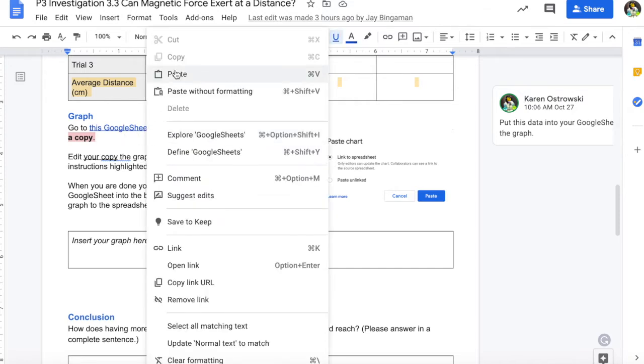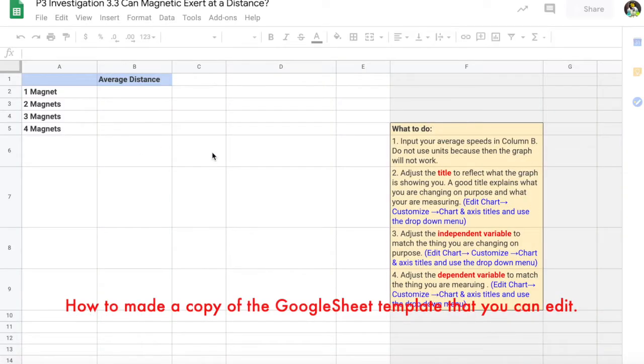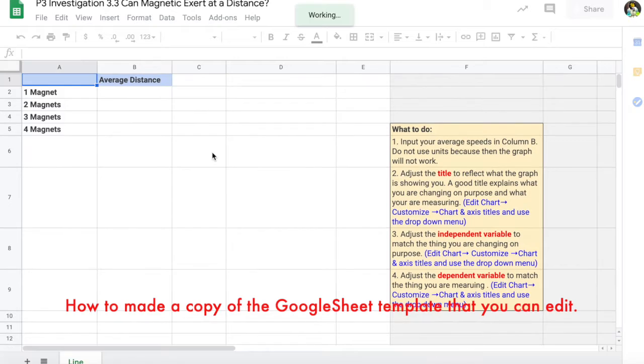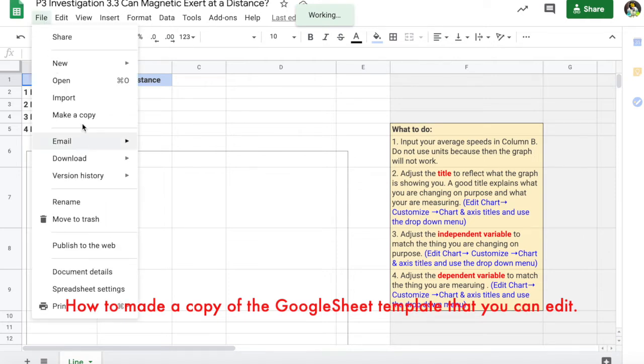Because when I open this, it is a Google Sheets that everybody is using. So you can't edit this. You don't have any editing ability. Rather, you need to make your own copy. So you would go to File, make a copy,